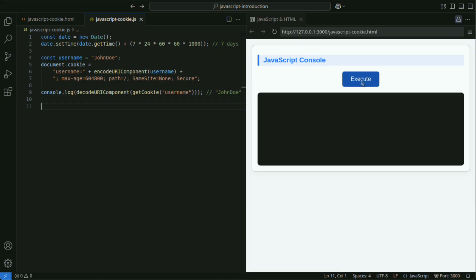When reading it out, use decodeURIComponent to return the original string. In this example, max-age equals 604,800 is used to set the expiration period to 7 days, 604,800 seconds. This is a method of specifying the expiration date, similar to expires. Max-age can be specified in seconds and is often easier to use.